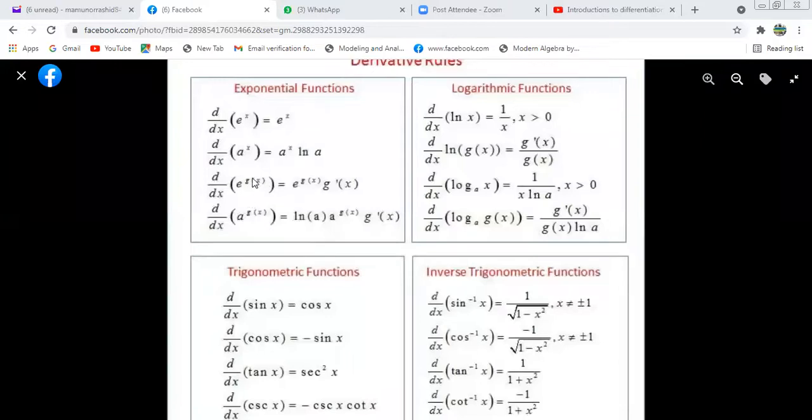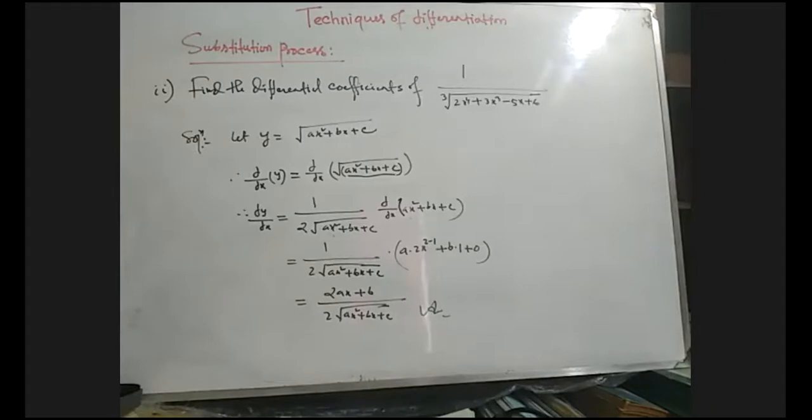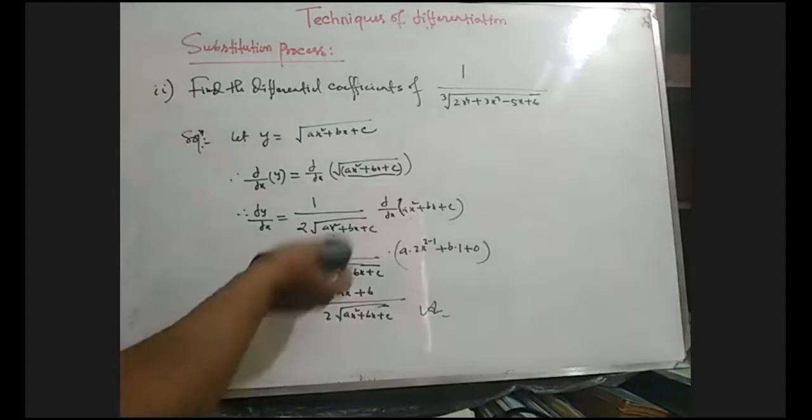Just using this concept. If there is a power that will be a function, or a to the power function, then you have to again differentiate, z dash x. z dash x means again differentiation. So if there is root over function, then again differentiation. Okay, ln x means what? 1 by x, but again differentiation since this is the function, not x. Just using this concept. Okay, now another example for substitution process.